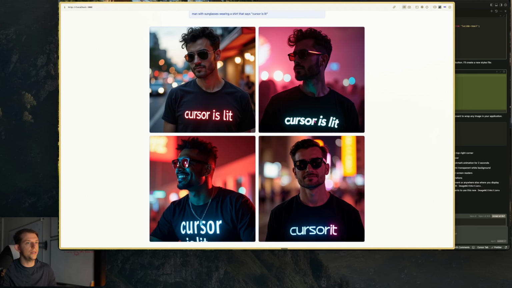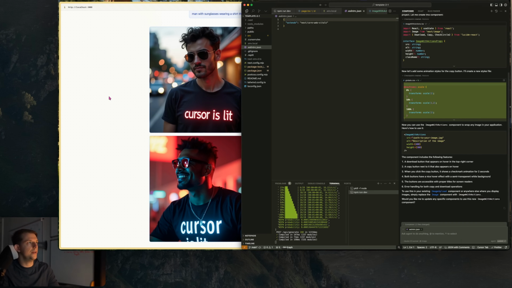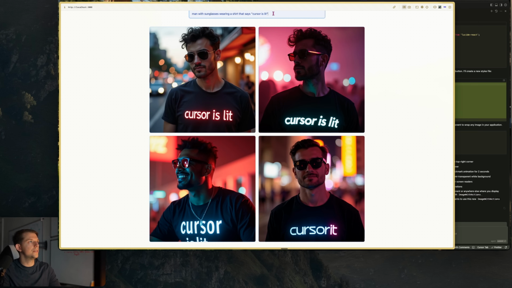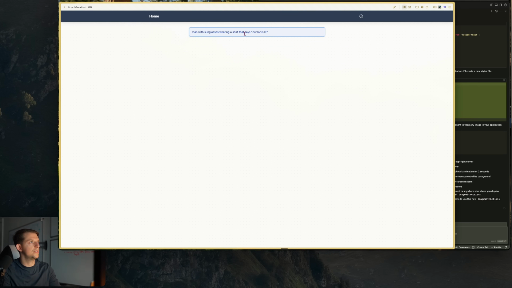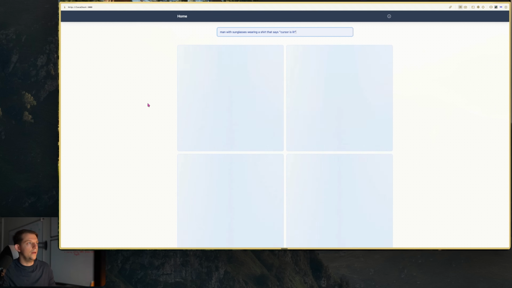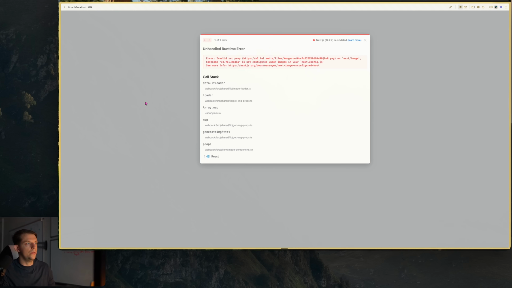Okay, I don't see it updating on the front end here. Let's try this again. Just refresh this page here. We'll paste this in. We'll run that same prompt. And hopefully when these images pop up, it will show the ability to... okay, weird. We got this error. So remember, when you get an error,